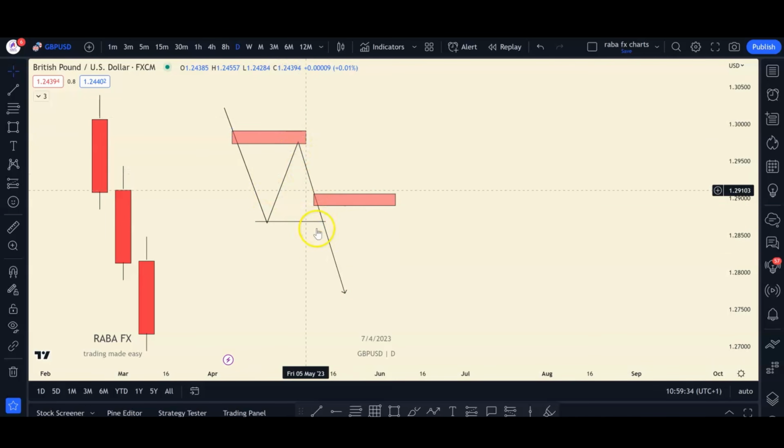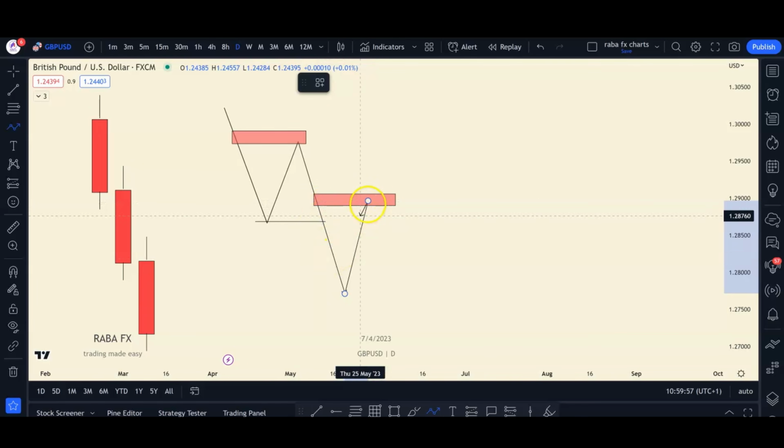So for us to break this low here, we need to create a new supply in here to break this to the downside. That means this region here is a very, very powerful point of interest, meaning price will need to mitigate. By mitigating, I mean trade back to the open of the candle that led to this break,